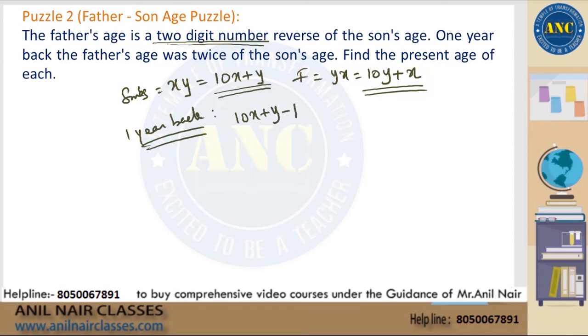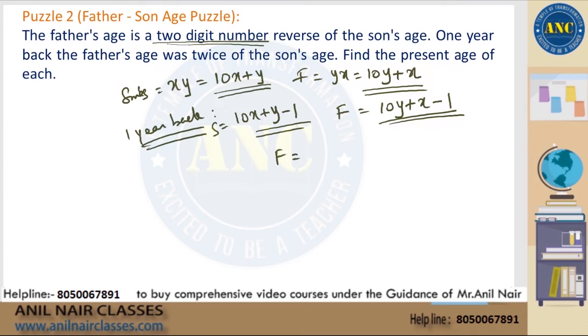One year back, the father's age was twice the son's age. Now, what was the father's age? This is the son's age, right? 10x plus y minus 1, because it is one year back. Now, the father's age one year back was 10y plus x, minus 1. Here also minus 1. But he has given you that one year back, the father's age, not your father, I mean the father in this particular question,